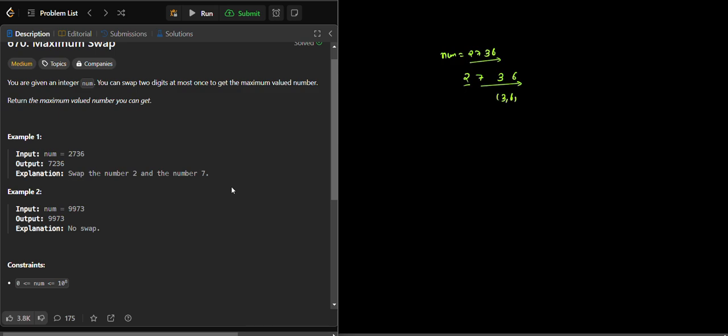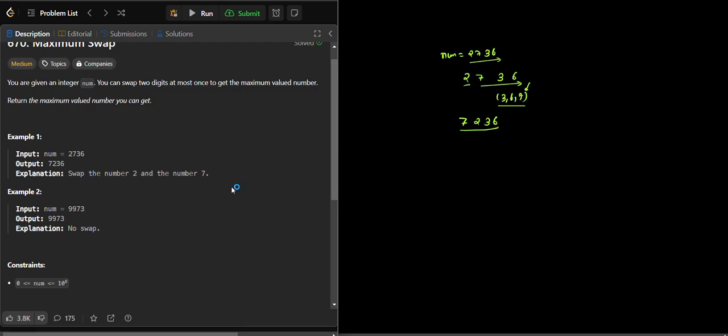Like 3, 6 and 7 are greater, right? But which one will we choose? We will choose 7, the maximum one, because the maximum one will give you the maximum answer, right? Not just in this case, in every case. Now that means this is the possible answer, right?